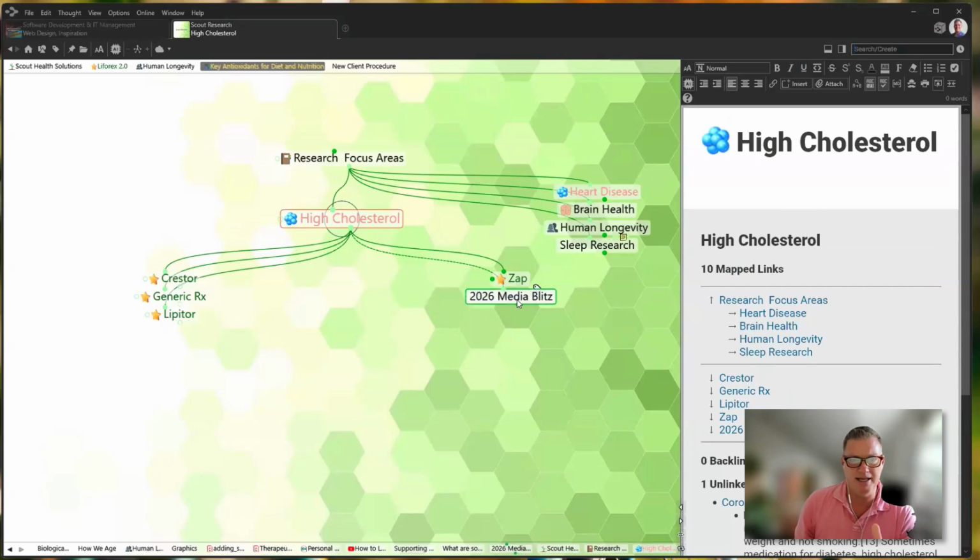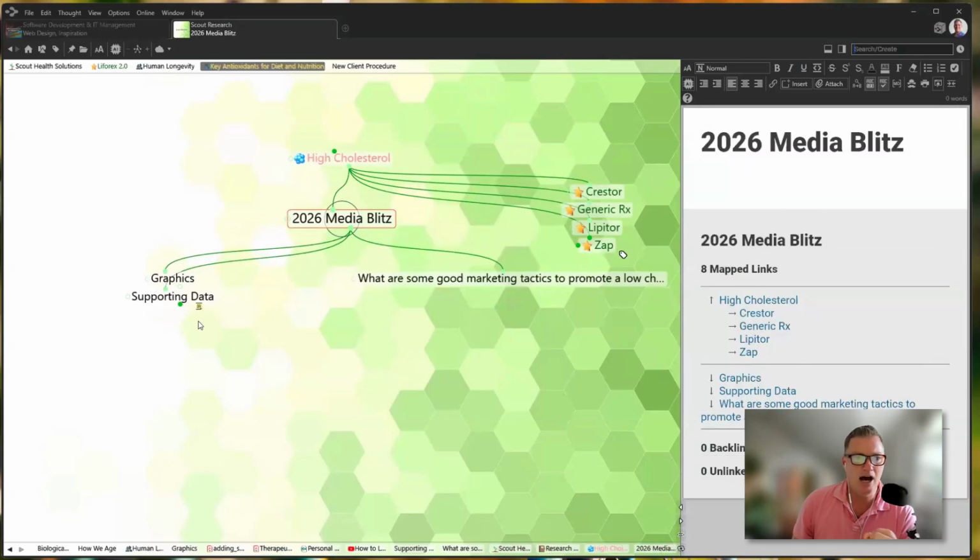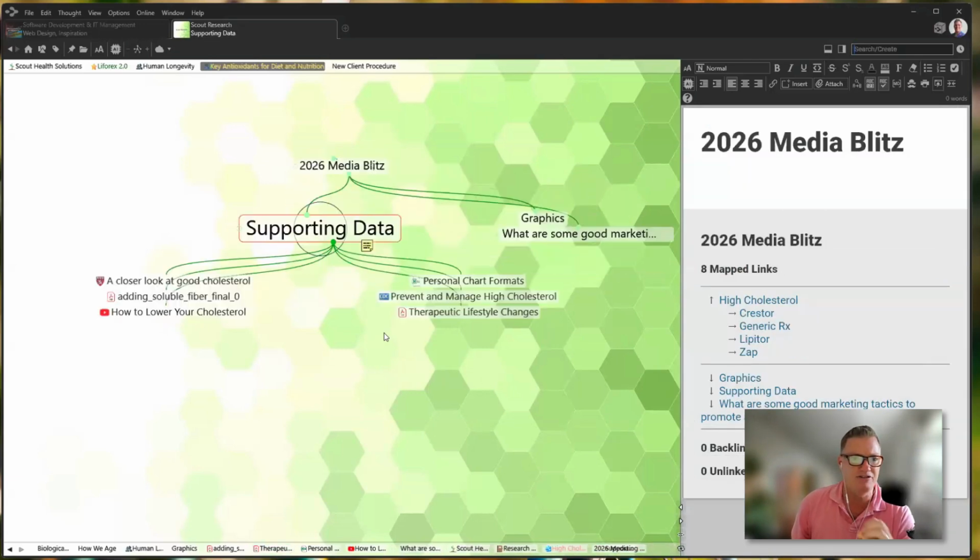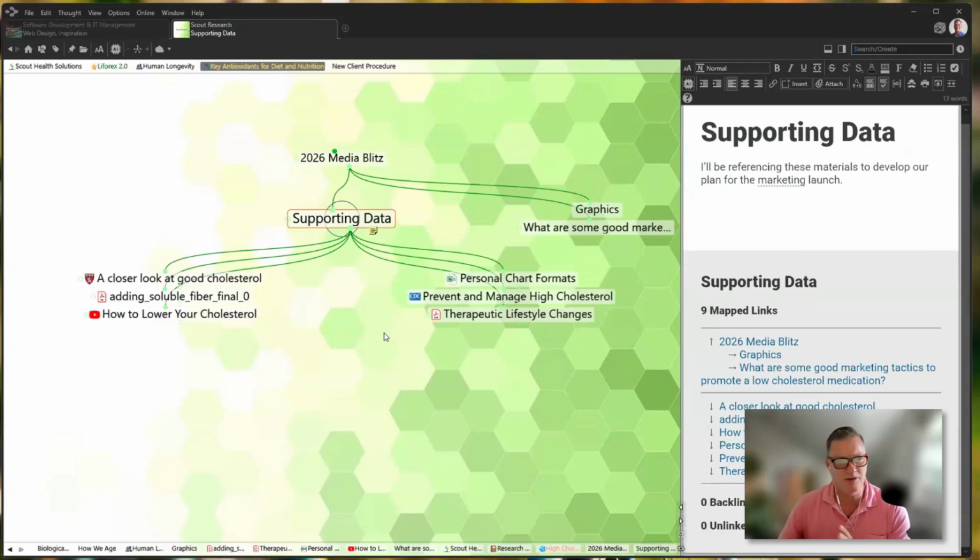And I thought this might be interesting to see just how I'm bringing in supporting data for my media blitz of all of our products. We've got 4 different products. We're doing a huge media blitz in